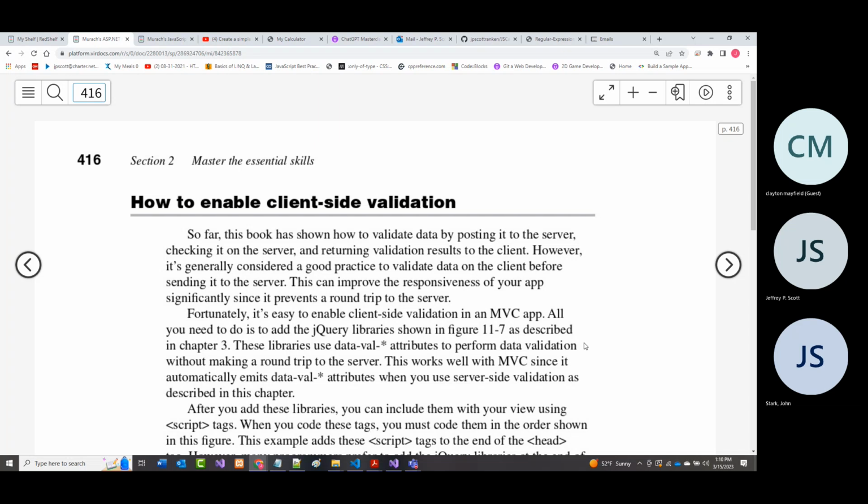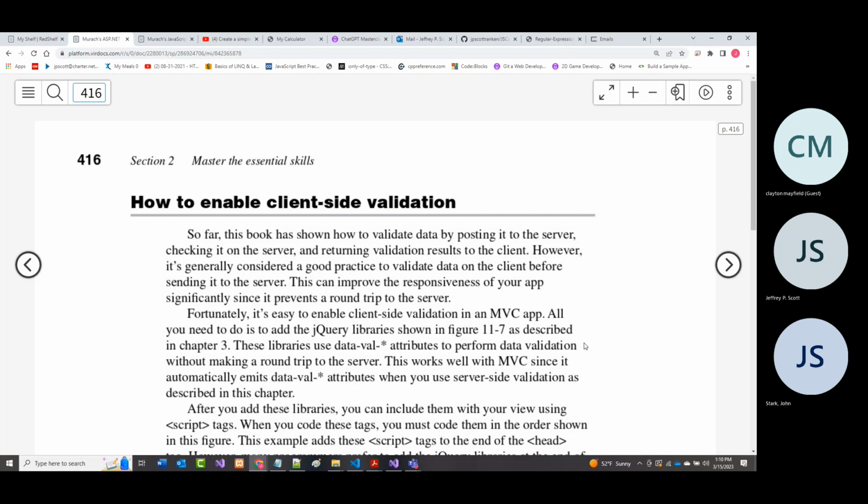All right, it is 1:10, so I'm going to continue on. We're on page 416, how to enable client-side validation. They go through a big song and dance, and it's a lot of the same stuff I've already told you: it's a good practice not only to validate on the server, but to first validate on the client.